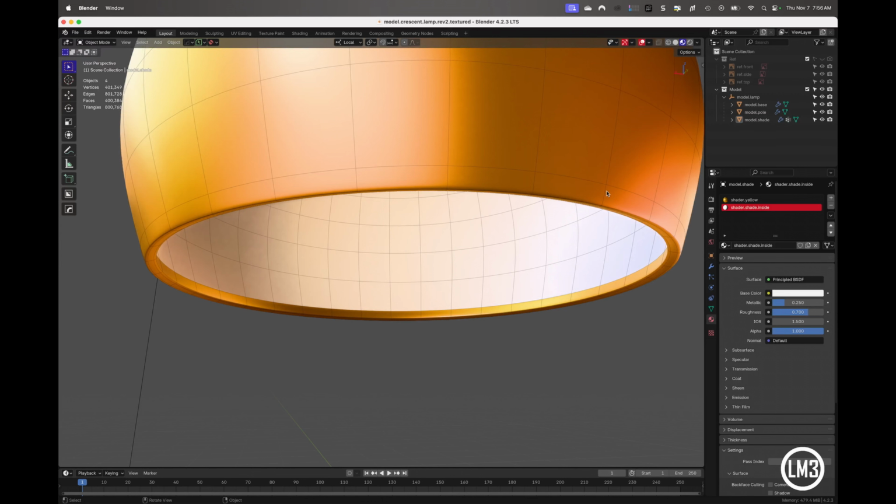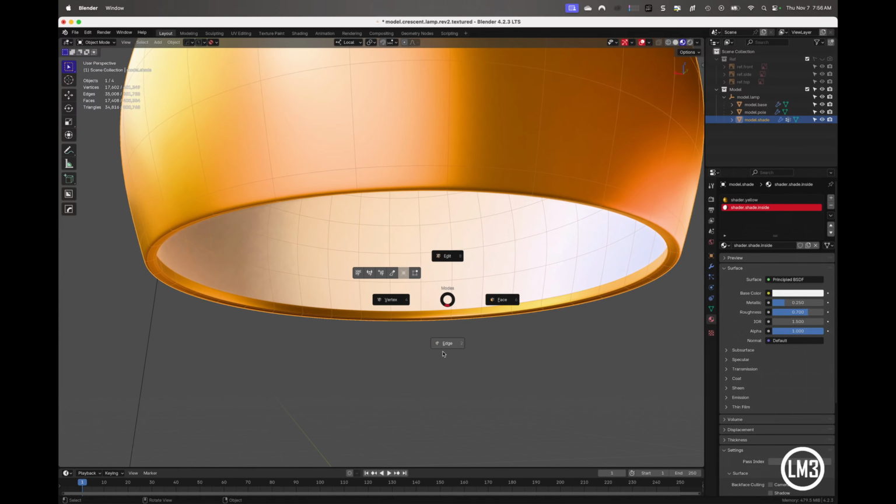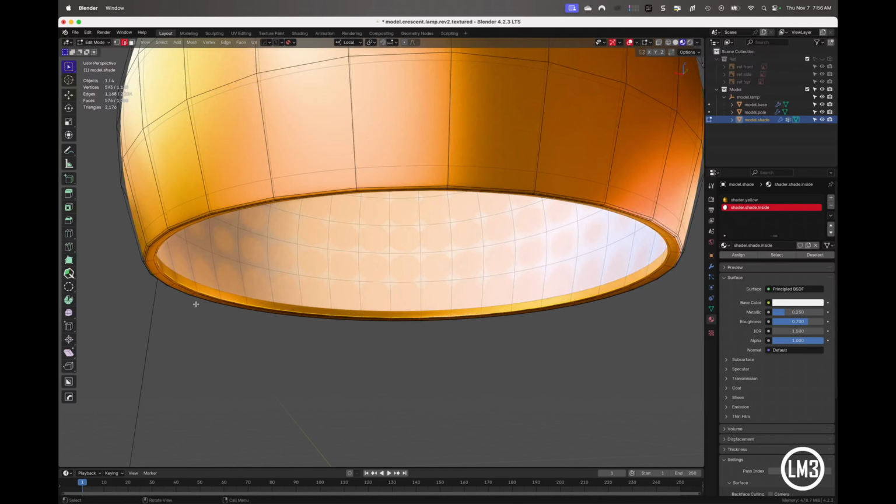So the way you will fix that, let's just stay in this mode and do a little tweaking here. Let's go to edge select mode, right? I want to click on this edge right here at the bottom, because I want to tighten it up. There's two ways of handling this. Either I can create another edge loop and bring it down close to here, or I can select this one edge and then hold down Shift and E